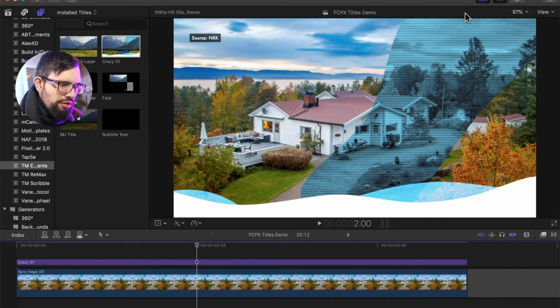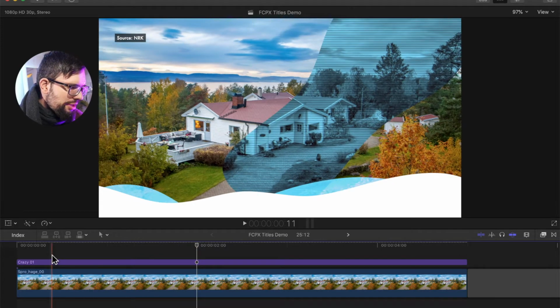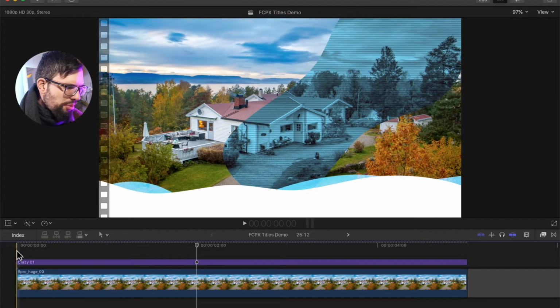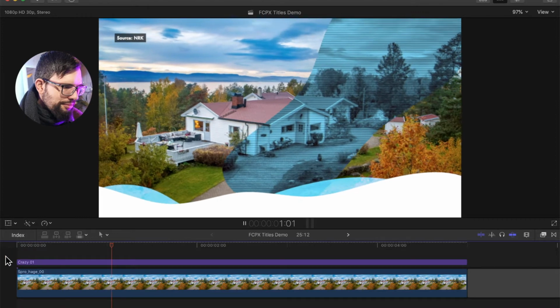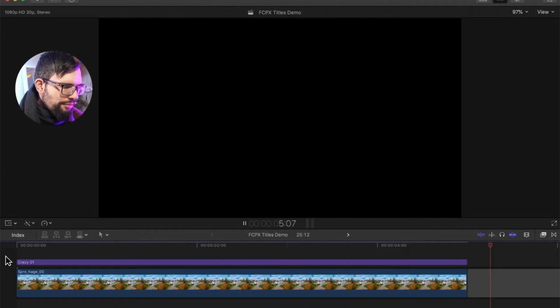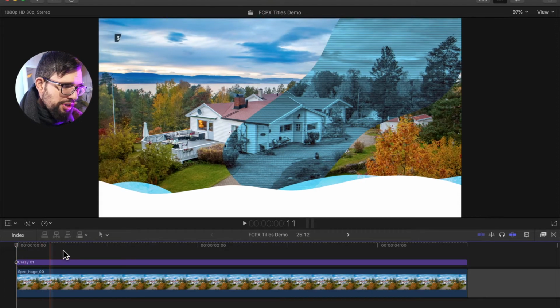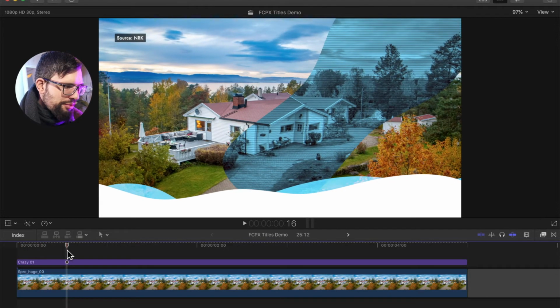Now I can turn off the browser and you already see quite something happening here. So what do we have? I've just added one title, and it might be that playback is a little bit choppy here because I'm doing a screen recording, so I apologize for that. But let's play this. Alright, so basically without me doing anything, I do now have an animated photo with different graphics on top, a